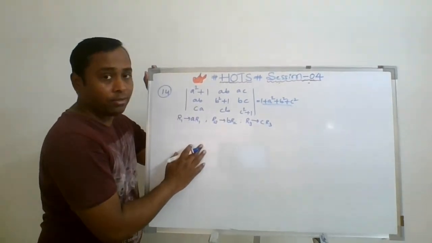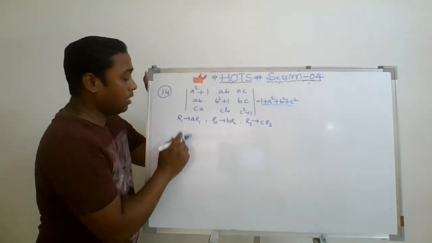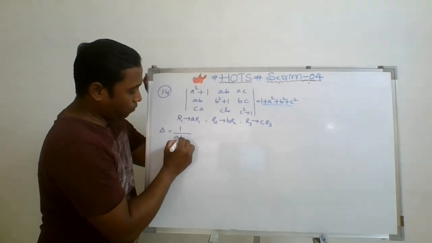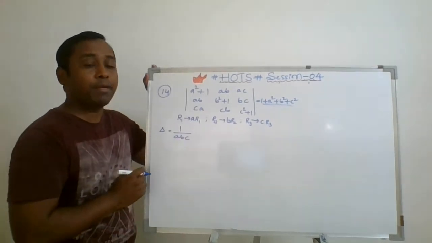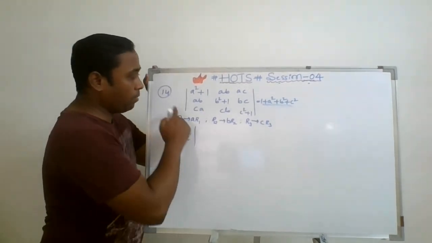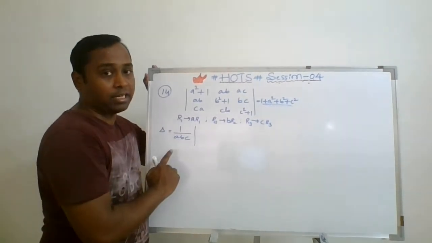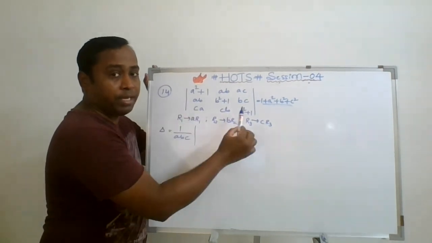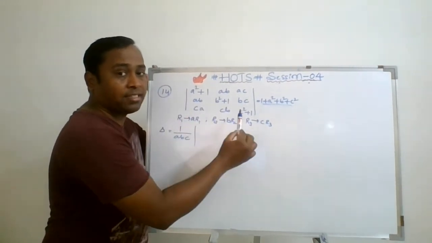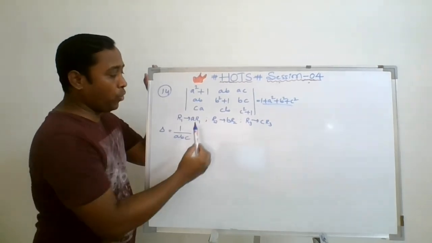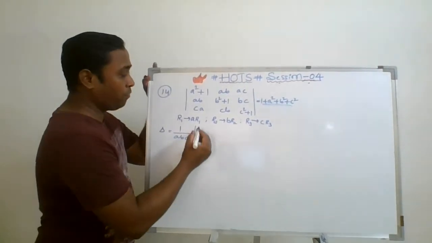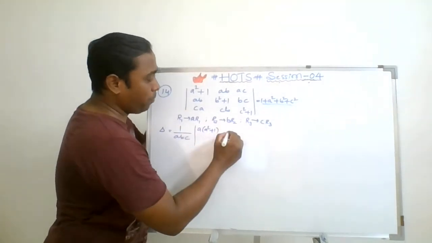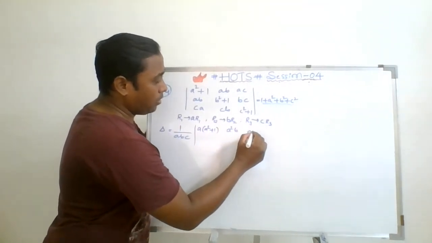But when I'm doing this, I need to balance the quantity. That's why the entire determinant is multiplied by 1 upon abc, that is, we also have to divide by abc. If we multiply by 2, we divide by 2. Similarly, if I am multiplying by a, then divide by a; multiplying by b, divide by b; multiplying by c, divide by c. So I am doing these three operations together. Hence it reduced to: a into a square plus 1, the first row, a square b, a square c.